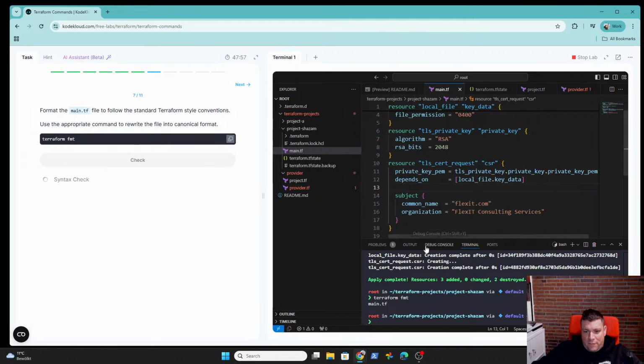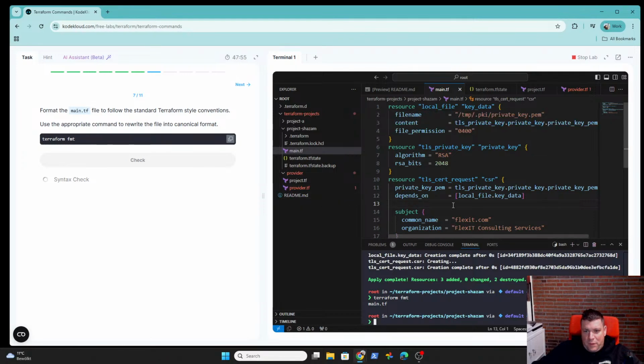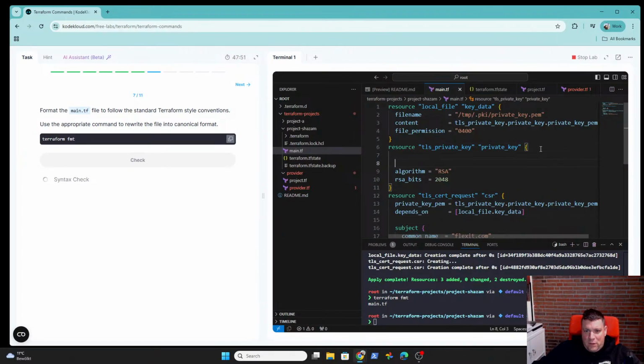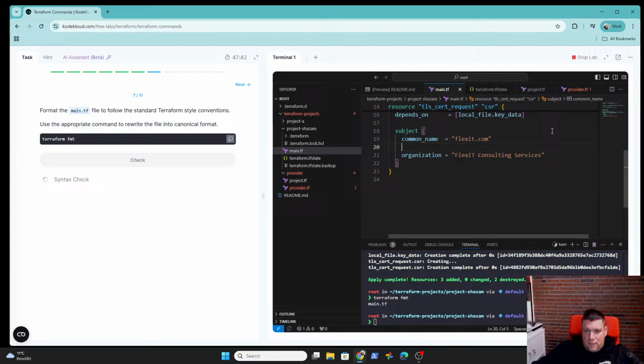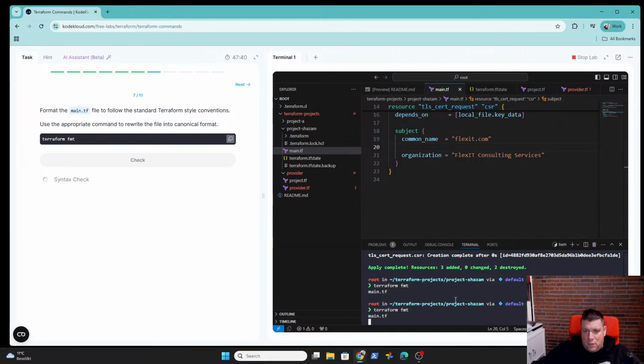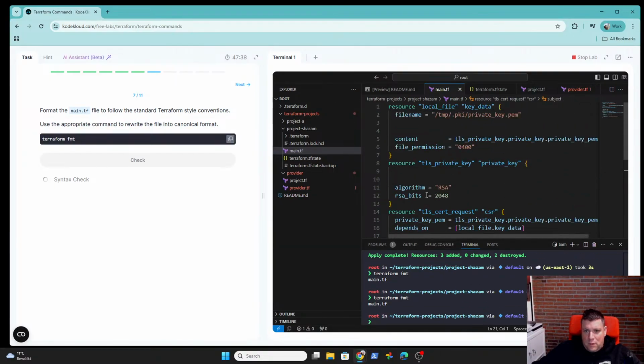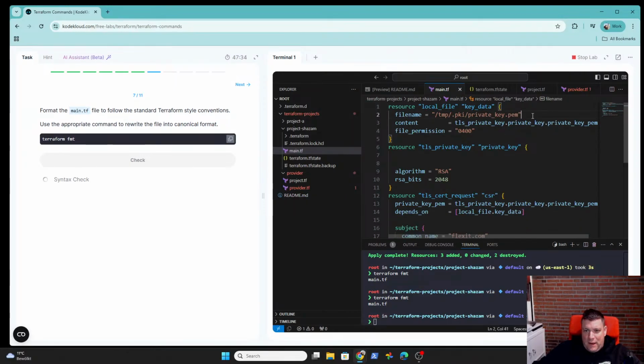Main.tf should be reformatted, but I didn't notice. Let me break the formatting here. And then I run it again. Okay, it just corrects indentation.